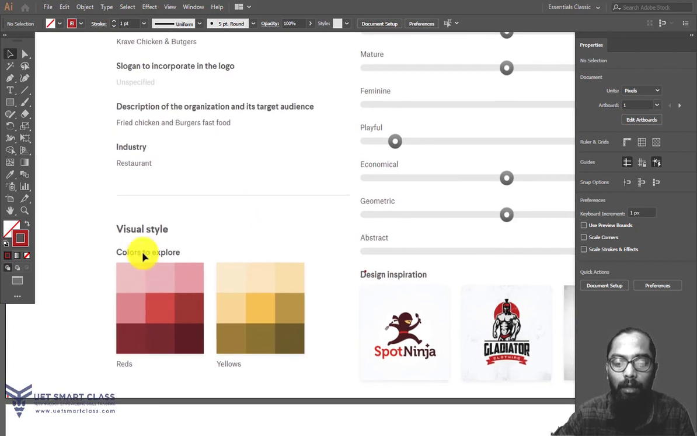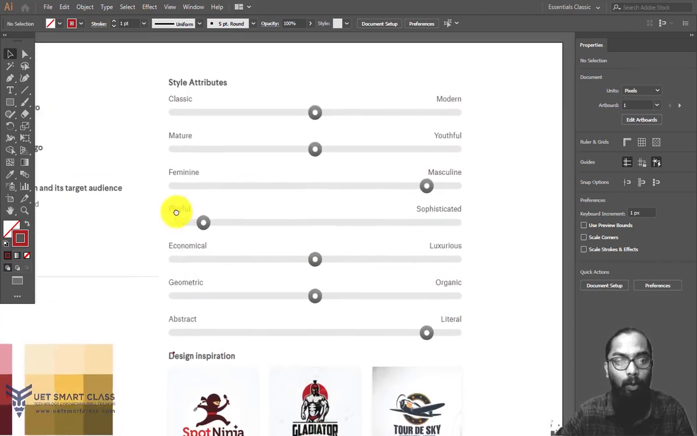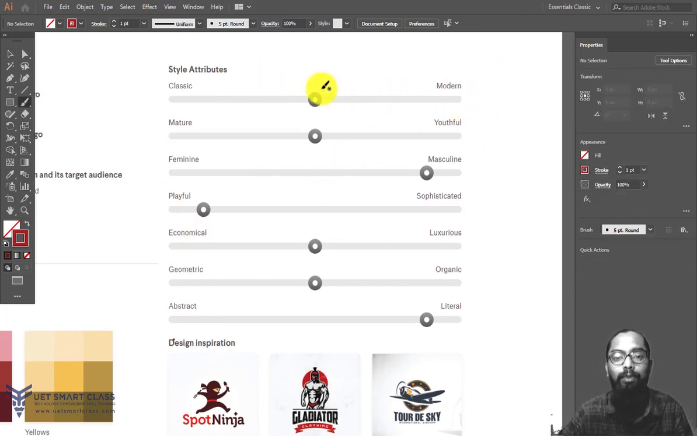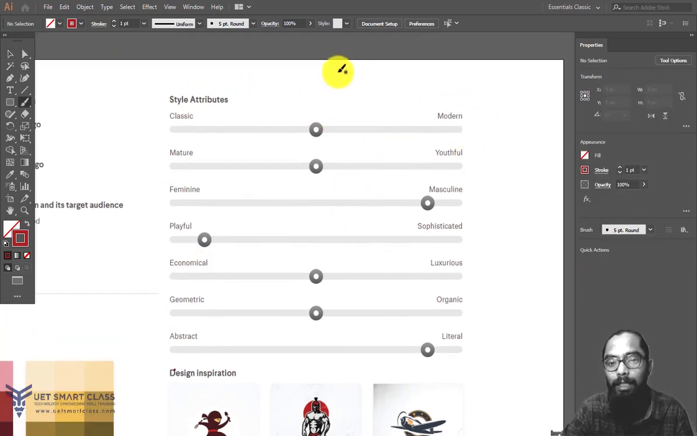Colors. What colors do you have to explore? The reds and yellow. Fine. In this two-tone we have to use, not more than that, we can't use it. Now what is this class of style attributes? These style attributes show the texts,